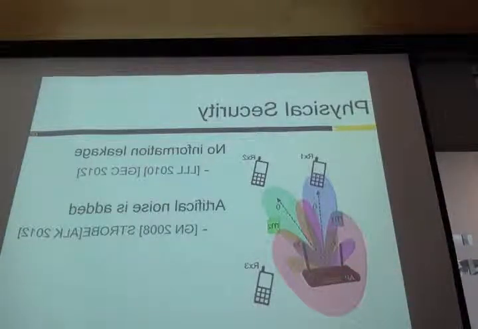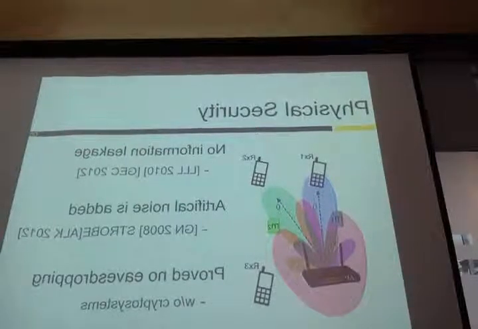You might find it is still dangerous because they might receive data when not in the concurrent transmission. To avoid it, artificial noise is also added in physical security. The idea is that even if you can get the data, you get more noise than the signal you can decode. You need to ensure the ongoing transmission will not be affected by artificial noise, and this can be achieved with the beamforming technology we introduced before. So in conclusion, physical security has been proved to prevent eavesdropping, and it doesn't need any overhead of a crypto system. That's good until we found a way to break them.